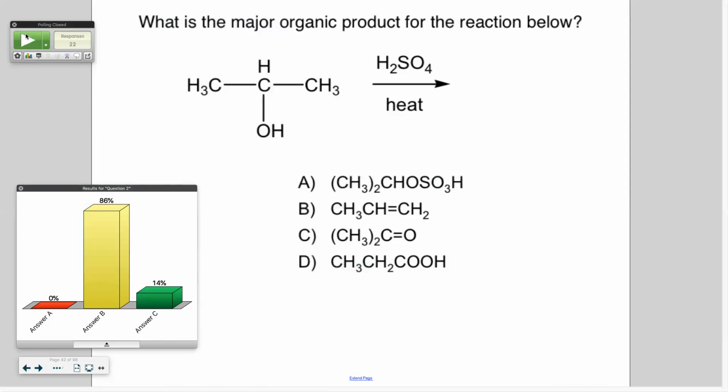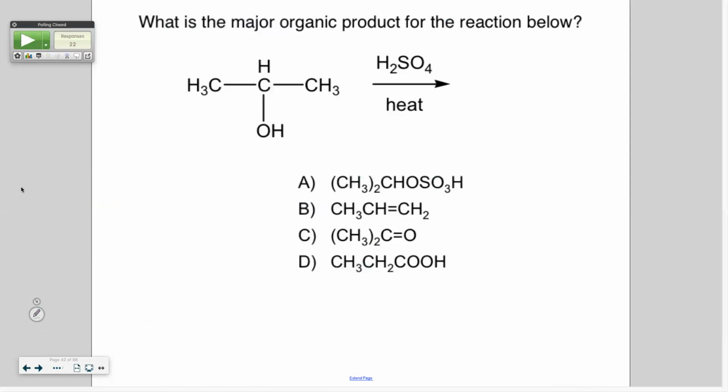Yep, it's B. So when you take an alcohol plus acid, you do dehydration. Here's the OH. So where do we get the H from for the water? There are 7 H's up there. Which one? One from the methyls. Does everybody see you can't lose this one? It has to be next door. Does it matter which one? No, you're going to get the same product. So you're going to get